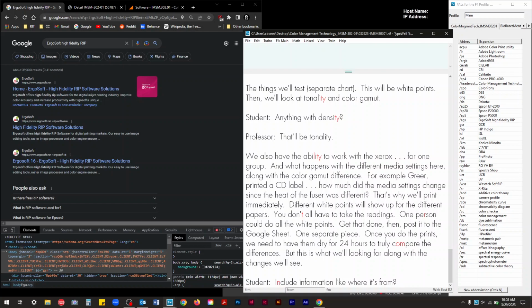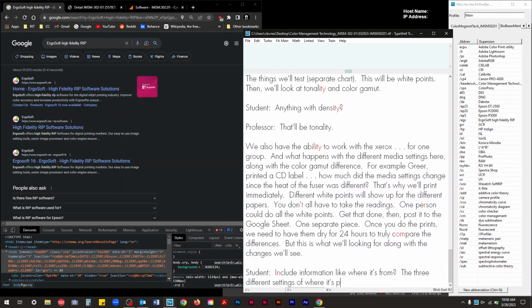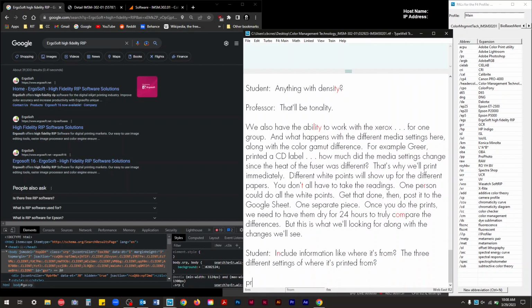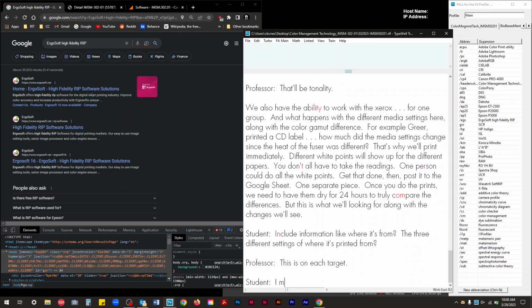All the different settings, the three different settings, like where it's printed from. This is on each target. You have a printer. I mean, like the three different, and I can't remember the word that it's called. The platforms that we're using. Like, you can see that